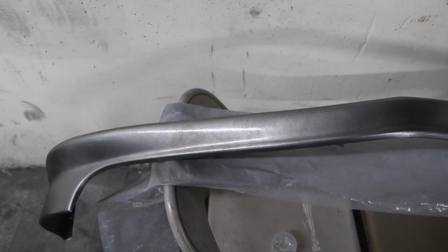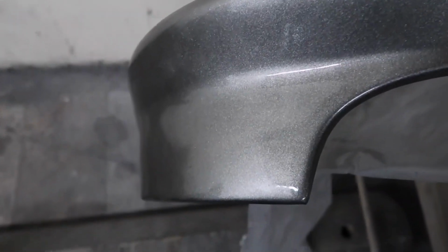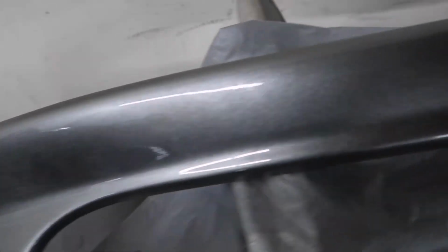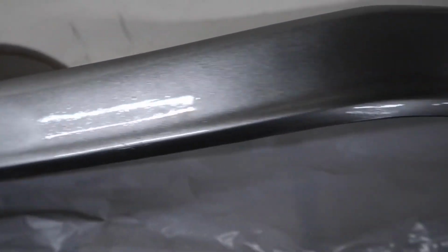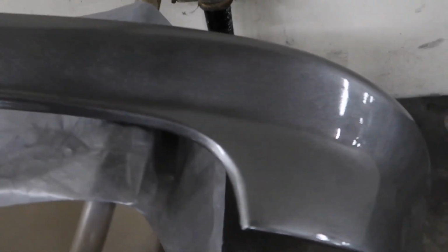Alright guys, I'm just gonna spray this up quick. Alright guys, so there it is right there. This is just two coats. The first one was kind of like a little, like a medium coat. And then this one is just